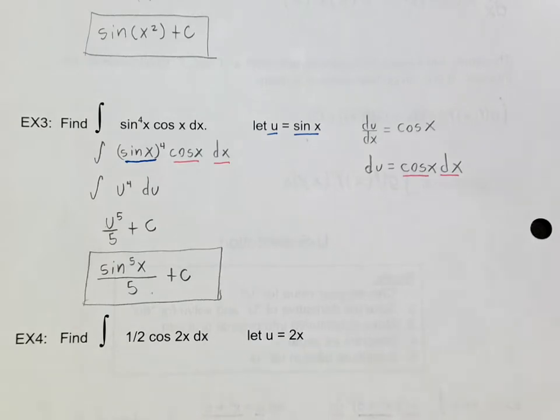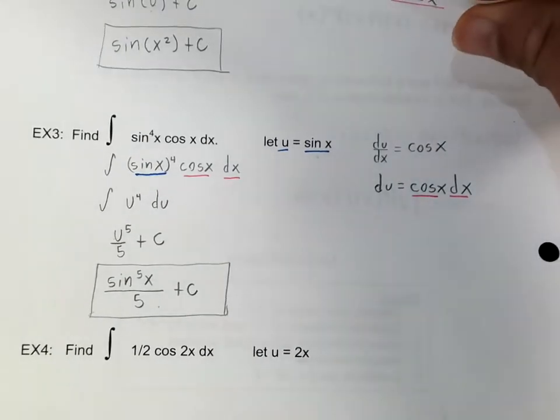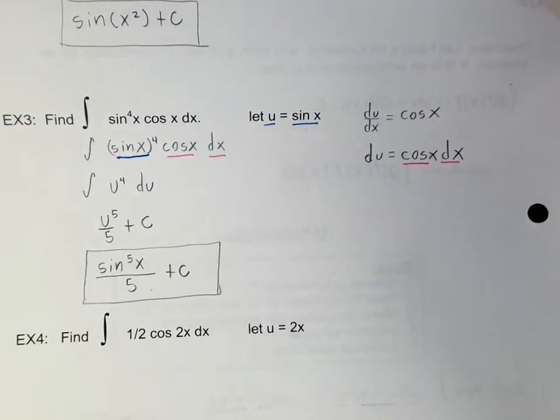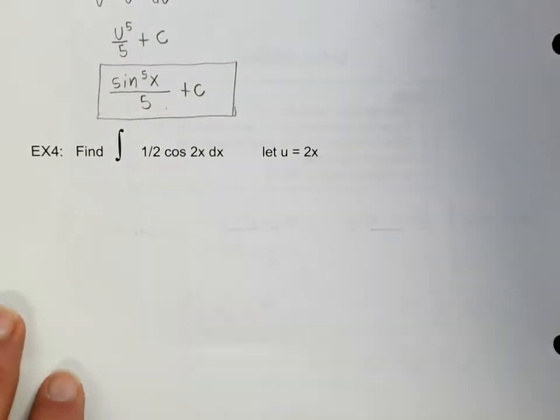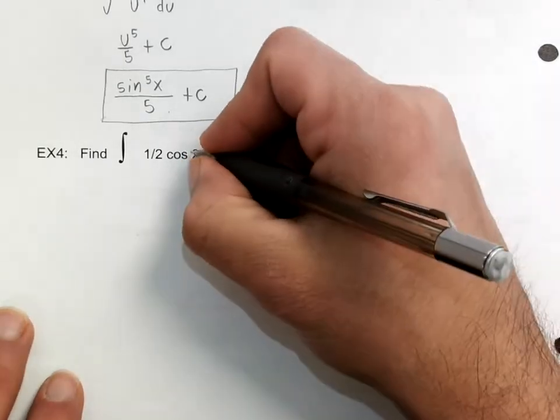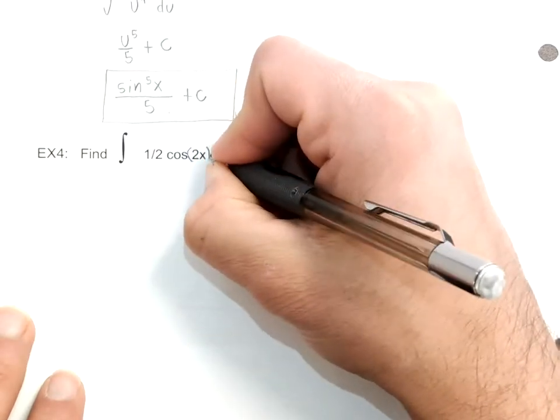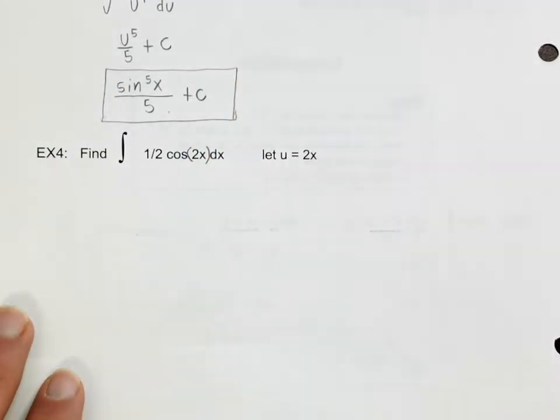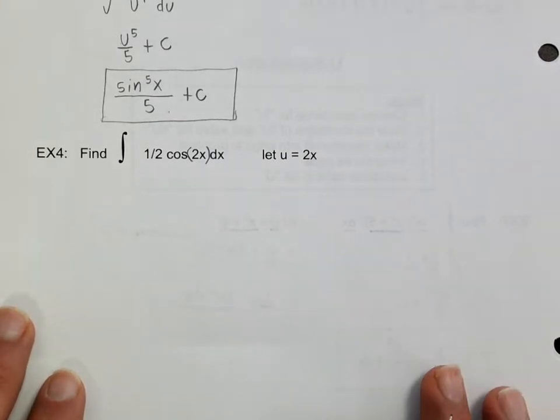Alright, so let's do example 4. Now, example 4 is more like what you're going to see on your homework. The first 3 examples are just to get you used to the idea of doing this. Alright, so example 4. First I'm going to actually do this right here because that to me can get confusing when I see too many letters together. So they want us to find the integral of 1/2 cosine 2x dx, and